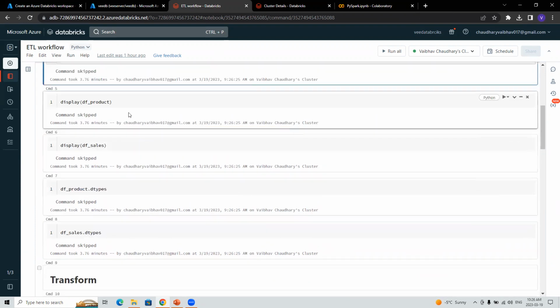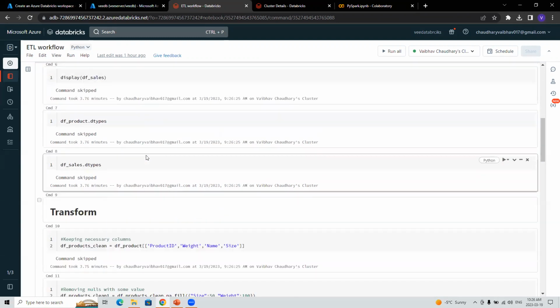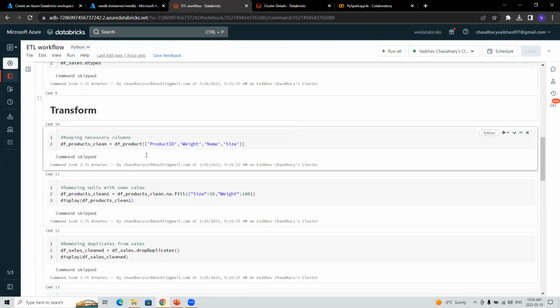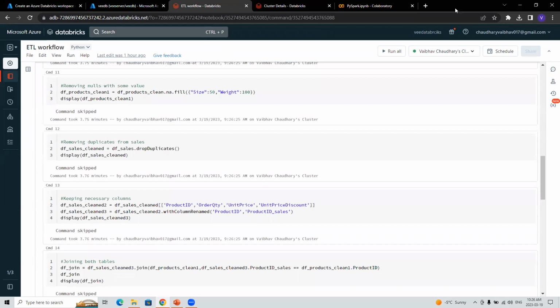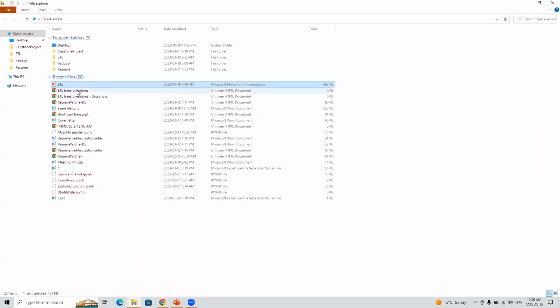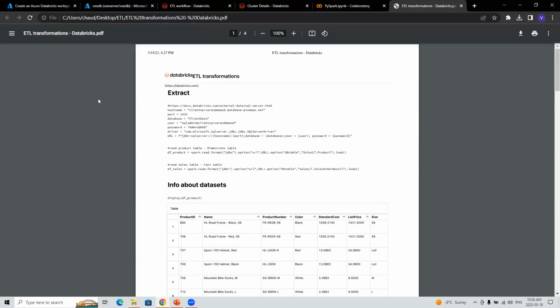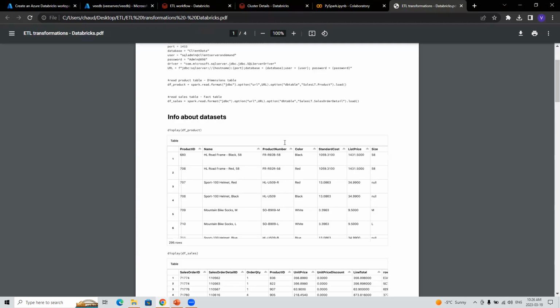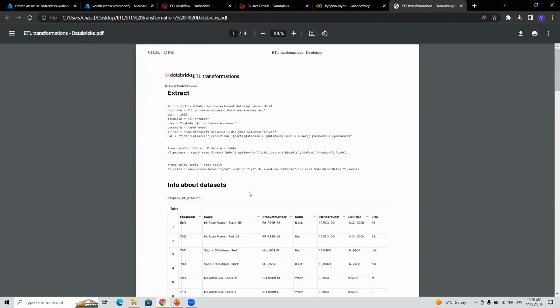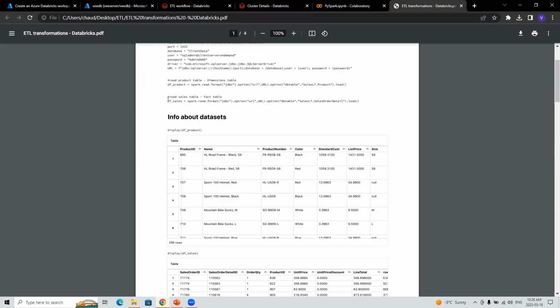After loading, I'm just displaying these tables here. And yeah, let me show you from one of my work that I've done earlier. See, after the extraction, I am just loading the data set here. And these data sets are having many columns.